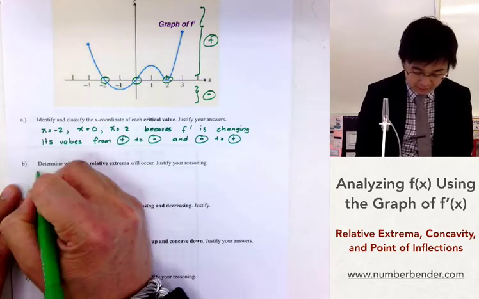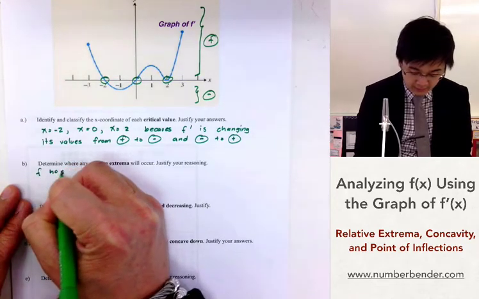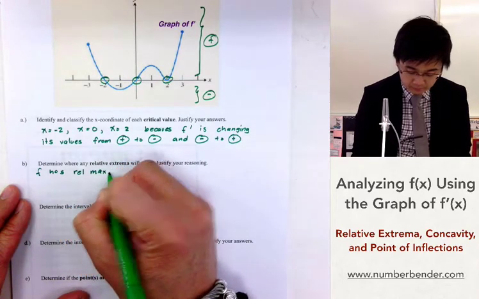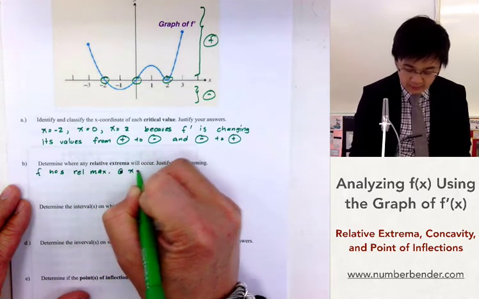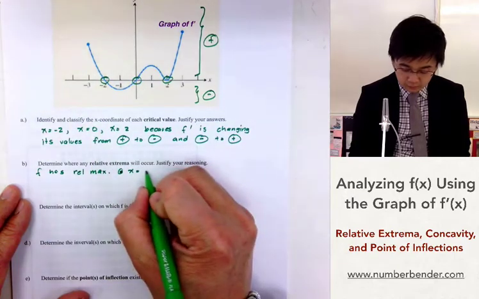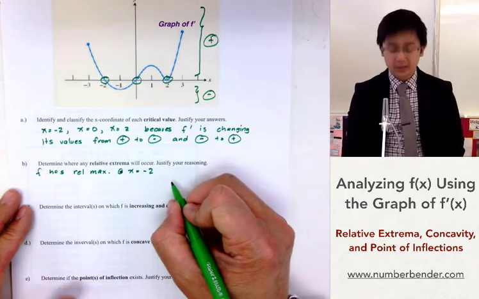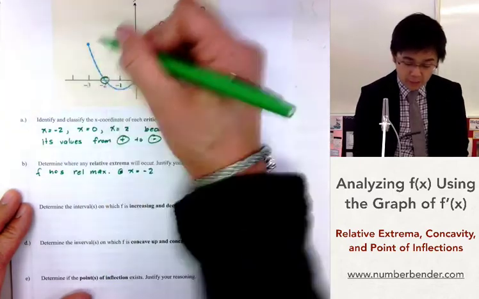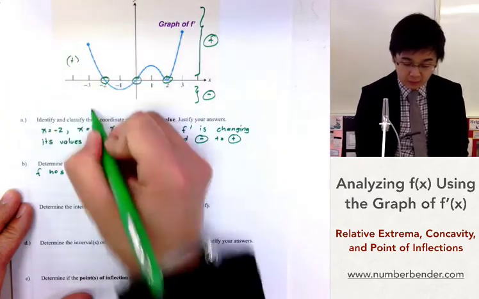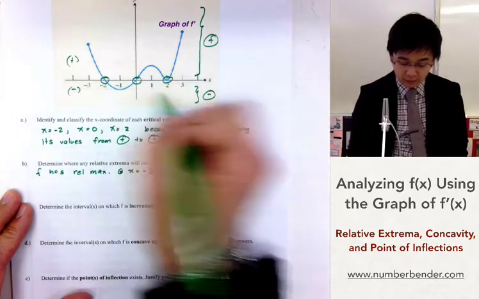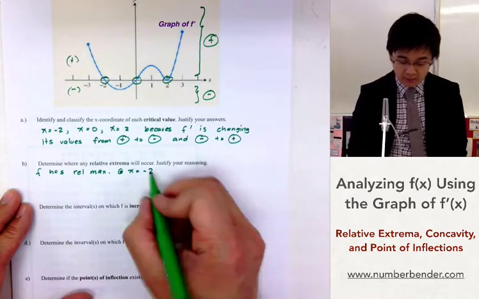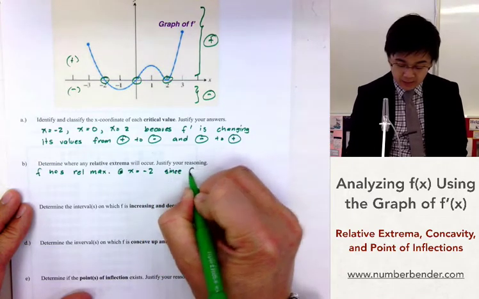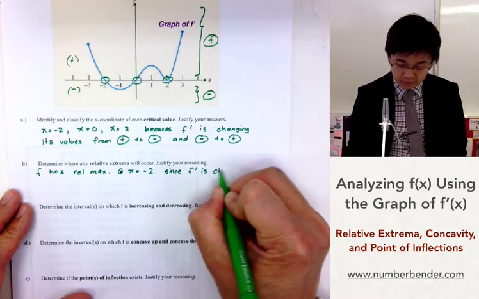So f has a relative maximum at x equal to -2, and the reason why it's at x equal to -2 is because f prime is changing from positive, so this is the positive value, to the negative value. So f has a relative maximum at x equal to -2 since f prime is changing